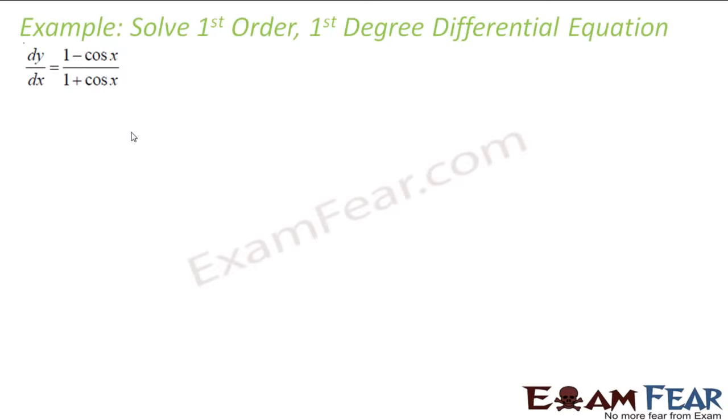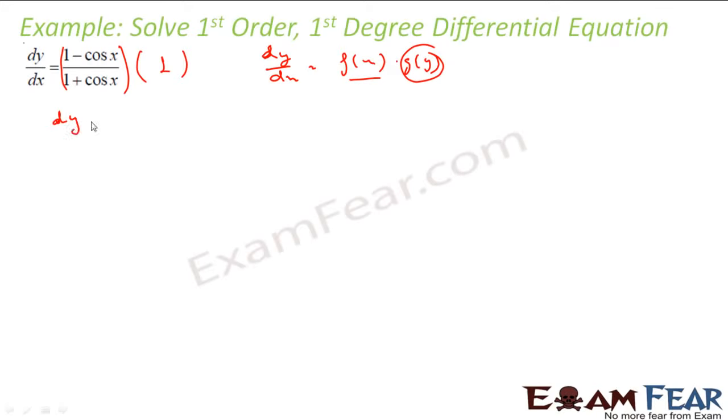Let's take one example. It says dy by dx is equal to (1 minus cos x) by (1 plus cos x). So if you see, this is a function in x and there is no function in y actually. You can assume that is 1. So I can write this in this form, where my g of y is equal to 1 and f of x is equal to (1 minus cos x) by (1 plus cos x). That means I can use the formula which I told. So this will become dy is equal to (1 minus cos x) by (1 plus cos x) dx,